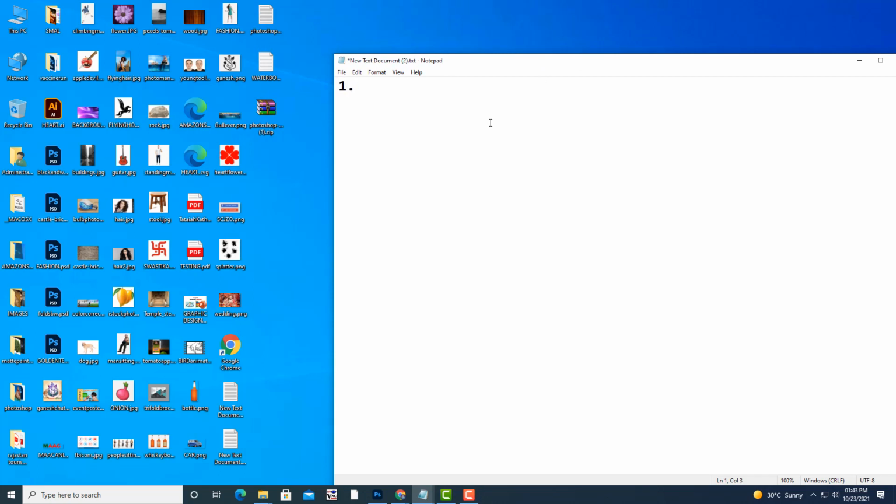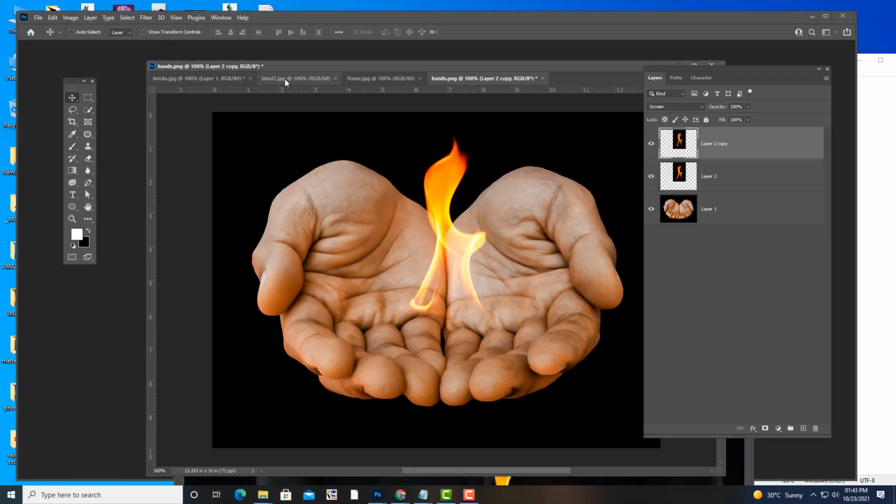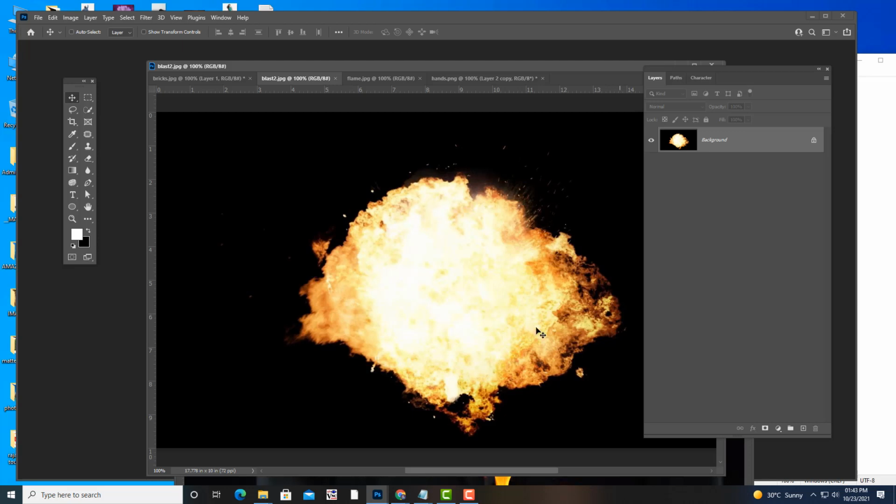See, what you have to do is create a building blast using blending modes. So what is a building blast actually? See, you have to take an image like this. I have already downloaded this, and in case you want this image, you can select it. See, this is a blast. You have to remove this black, and you have to show a building getting blasted. Understood now? Something like this. Explosion is coming from a building, and that building is getting blasted.